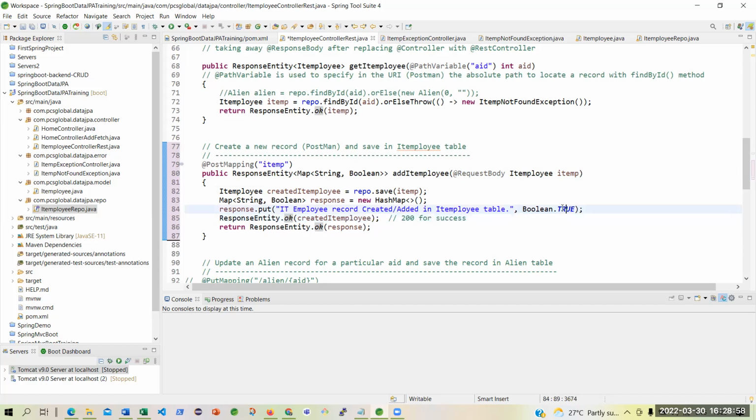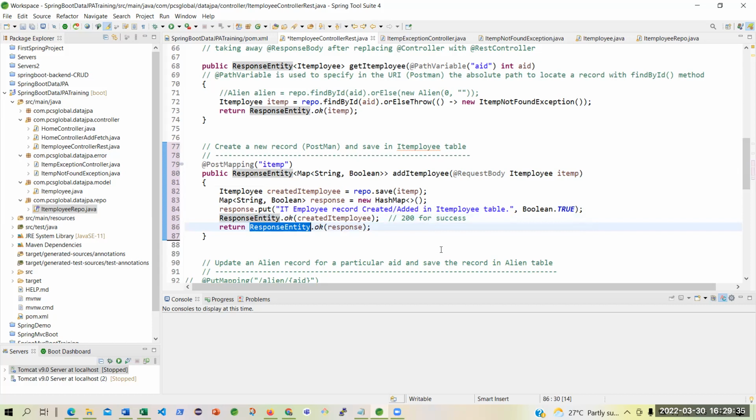So whenever the Boolean is true, that means this operation has correctly been done, then I will store this message into the response body. I have put that message into the response body. And after that, I'm saying that this will happen only when the response entity is okay for this particular operation. And if that is true, if it is success, and mostly it will be success. Mostly why? Because,